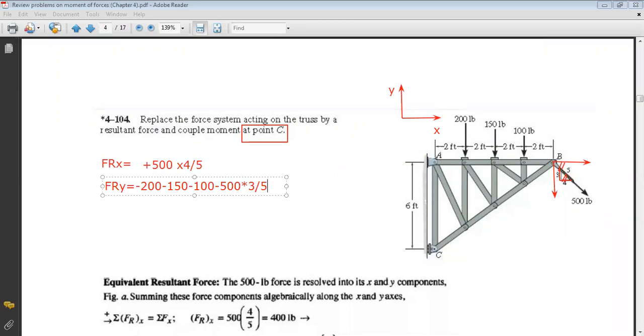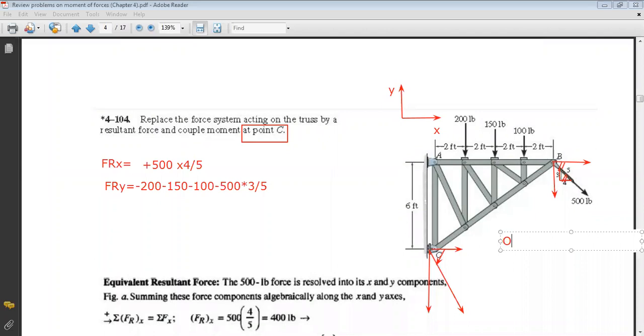So now, once I have the resultant x component and the resultant y component, I can say that at C I will have the following. I have a positive resultant along x, a negative resultant along y, and now I can calculate the magnitude by taking the square root of the two components squared. And if I want to determine the direction, I can find this angle here. How can I find it with x? I can say simply that